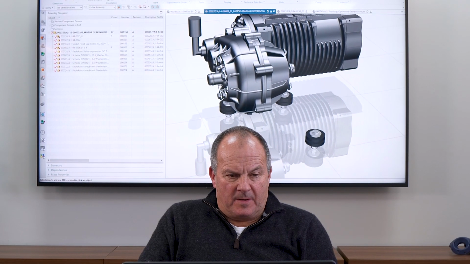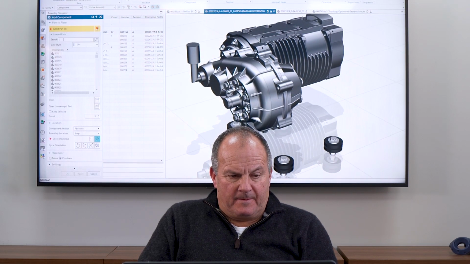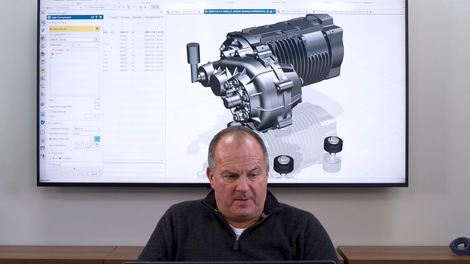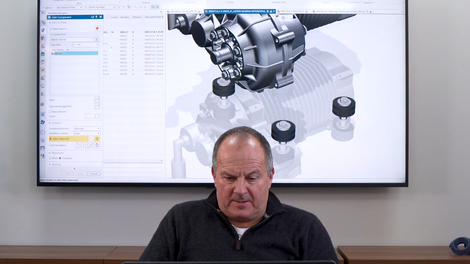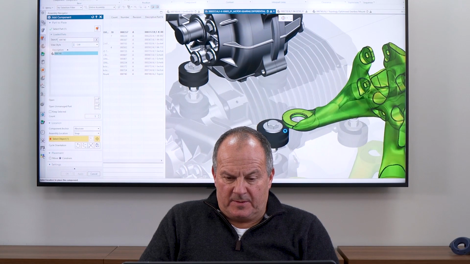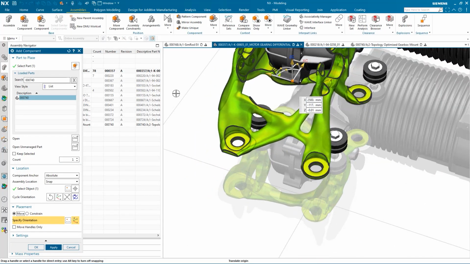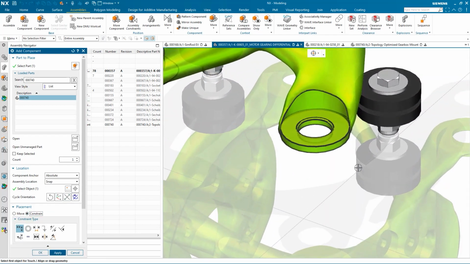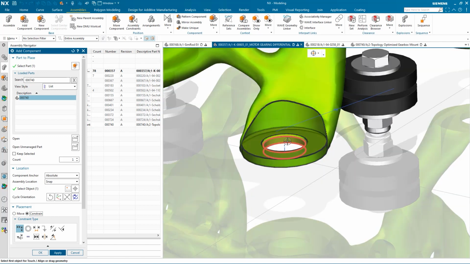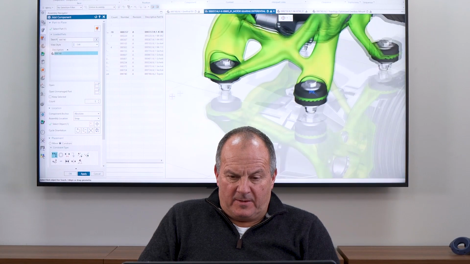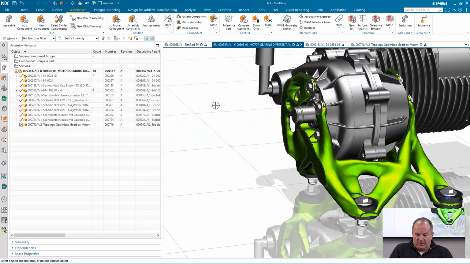Let's add our single piece bracket in. We know the part number. Let's see, we've got a thumbnail of that. Let's snap that to here. Just position it like so. And then we can use the assembly constraints. And there we have it. Our part is now being added in to the original assembly.